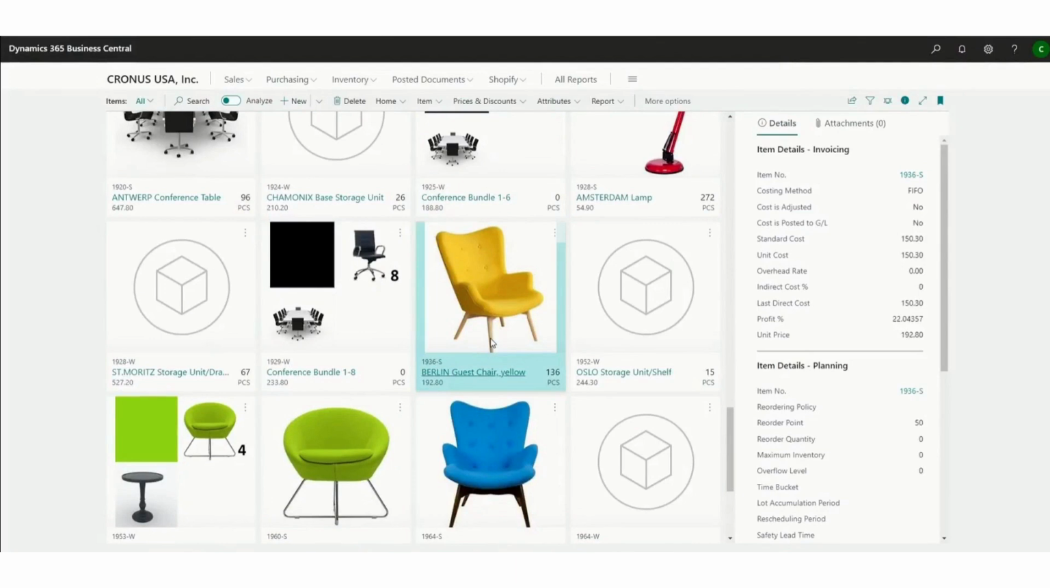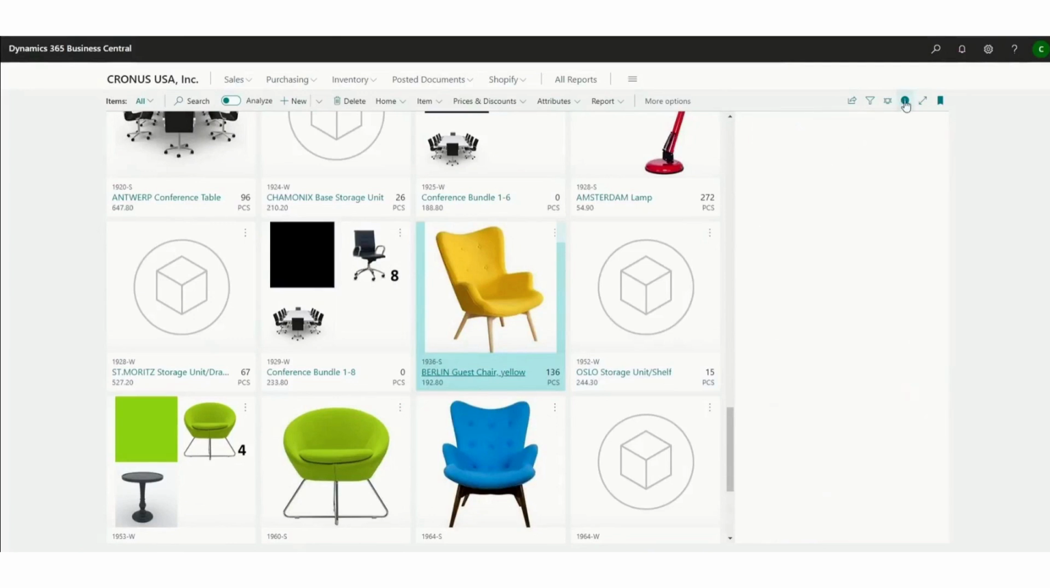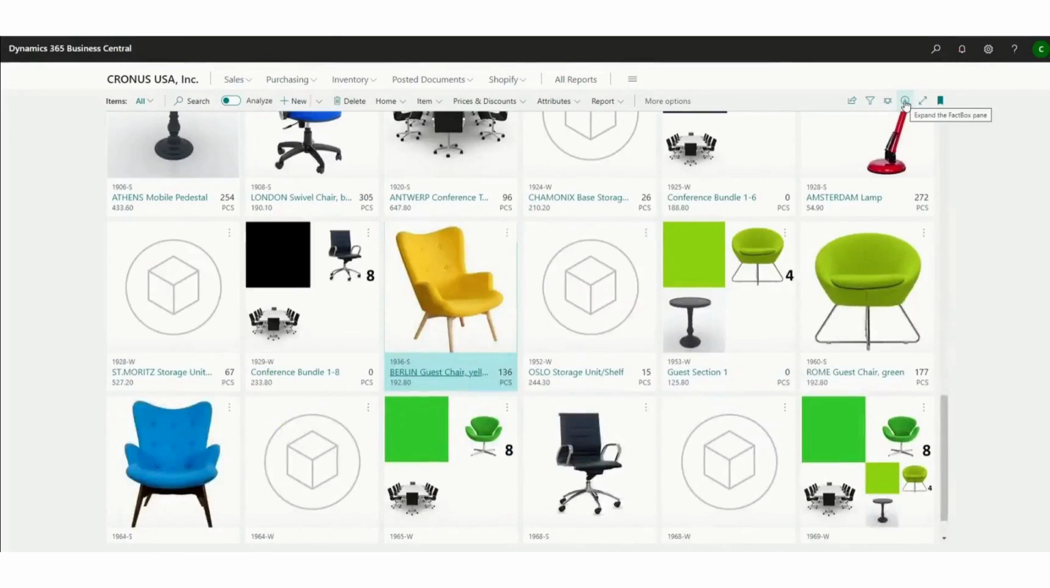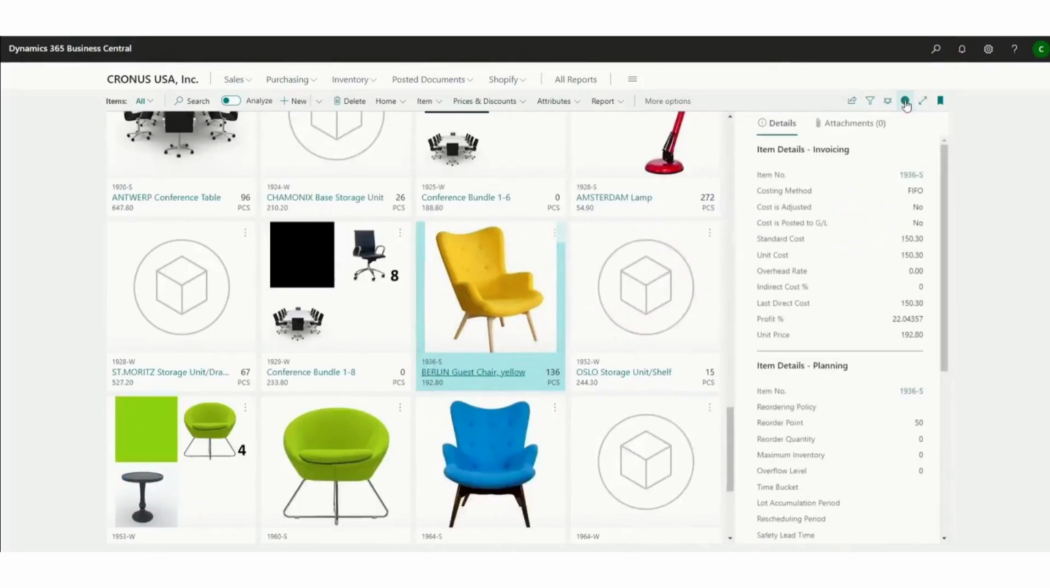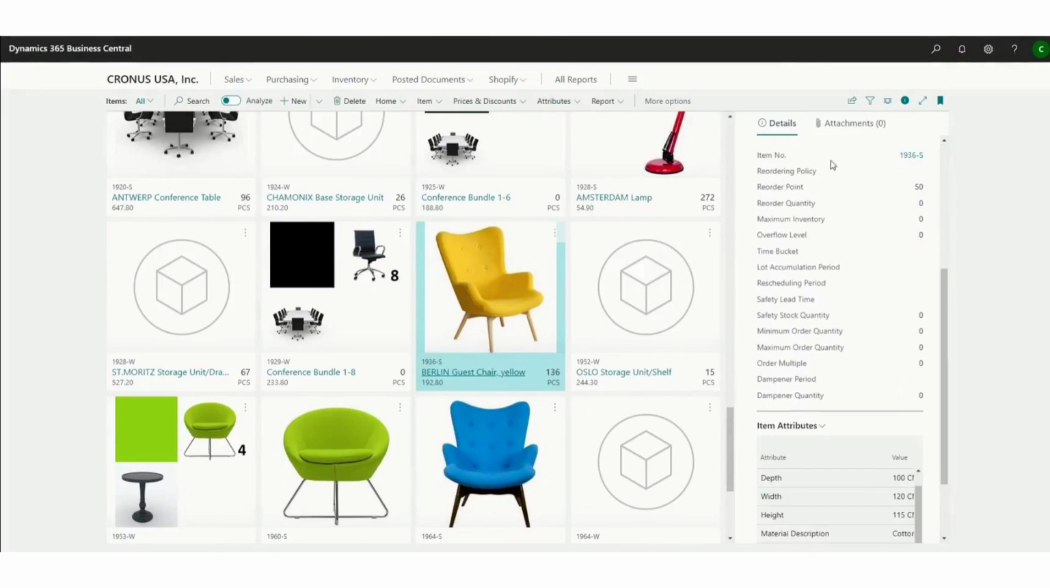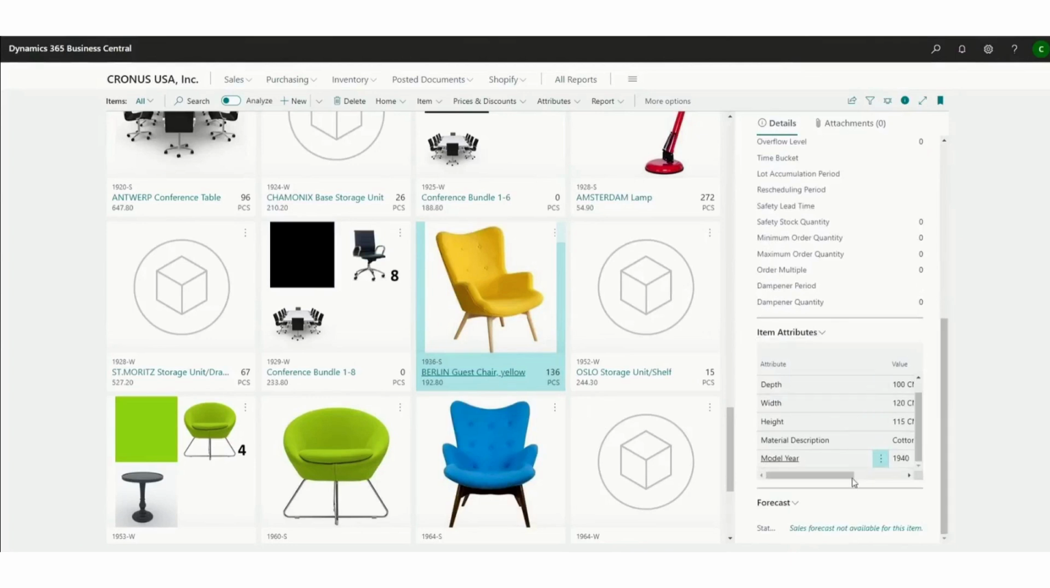You can still interact with the system the same way, just like clicking on an item on a list. You'll notice on the right-hand side, we have the info pane, and I can turn that off to see more of my lists or more fields on a list view, or I can bring that fact box back. And the fact boxes will allow us to access information about the item without opening the item page. So the item details and information, the planning parameters for this item, the item's attributes,